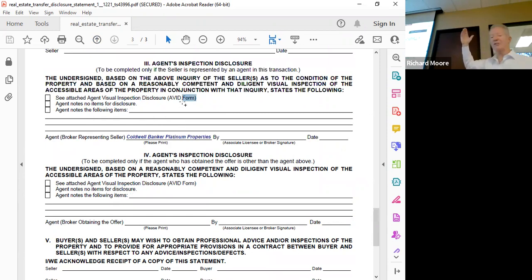But we do request that you complete the AVID, and there's a number of reasons for doing that. It gives us a more methodical way of walking your property and noting any visual material defects. So if you have a 1-bedroom, 1-bath condo, on the AVID there are 4 bathrooms or 3 bathrooms for notation purposes. If there are no rooms that exist, type in NA.